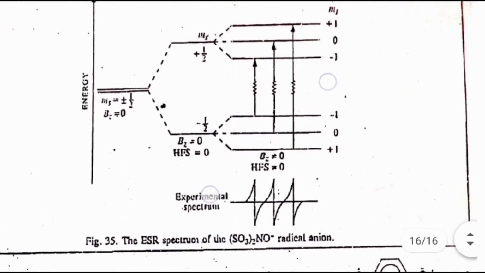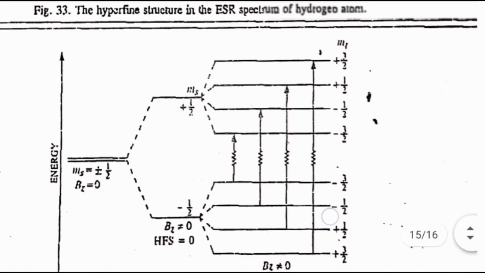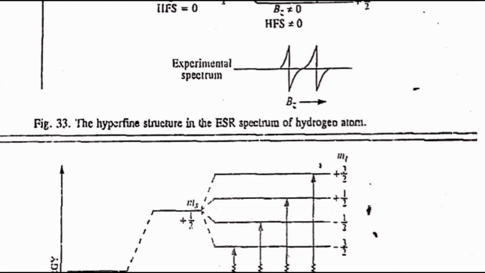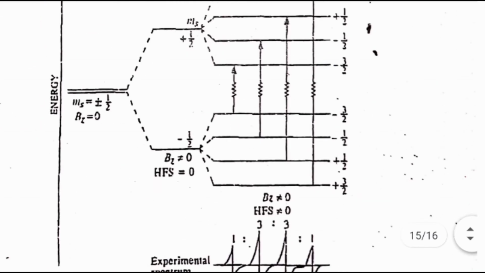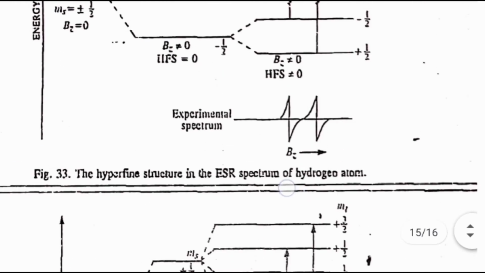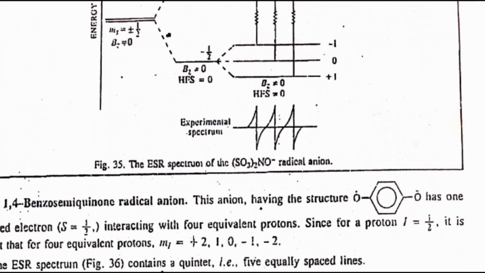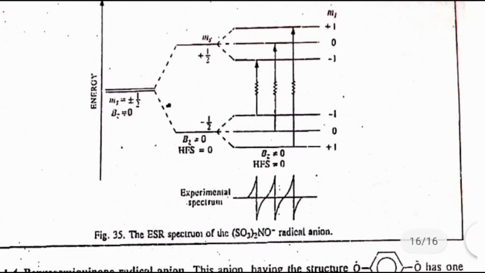And lastly we have seen that for this compound we get a total of three lines, and you might wonder about the intensity. If we get two lines or four lines, we can get the intensity ratios 1:1 or 1:3:3:1, all according to the Pascalian triangle. But if we observe this spectrum, there are three lines for this compound, but the intensity ratios are not 1:2:1, they are in the ratio of 1:1:1.